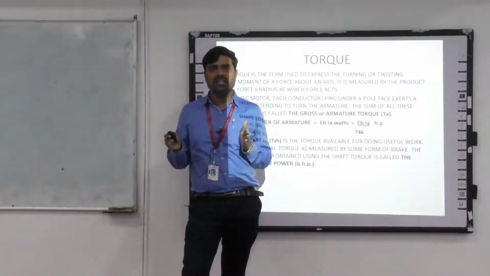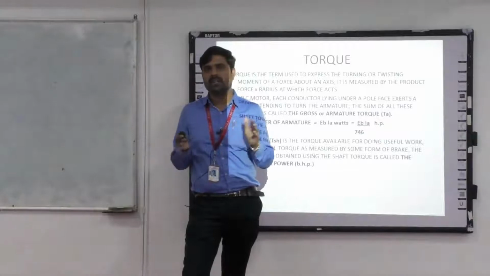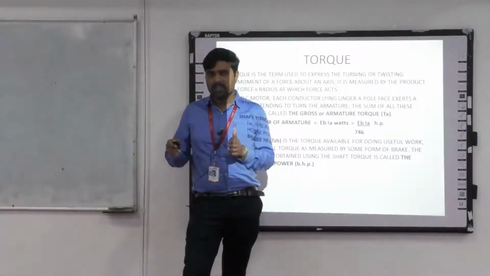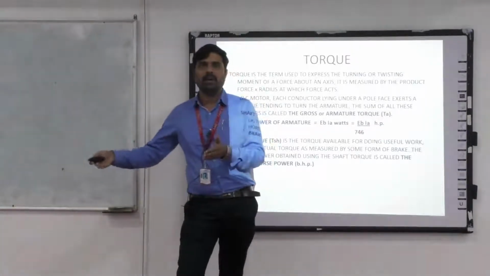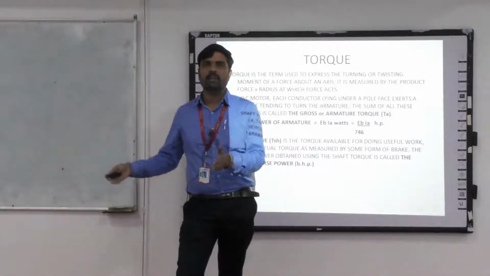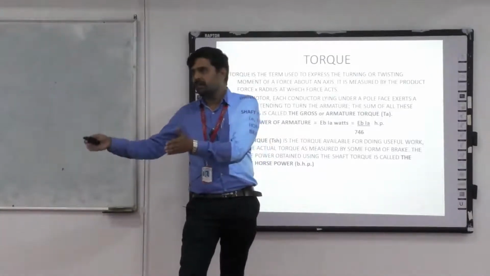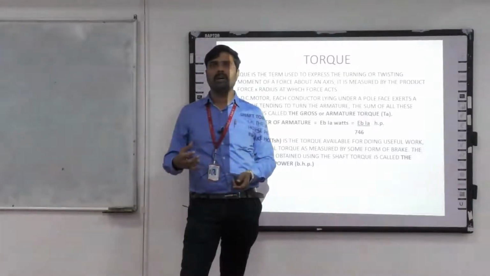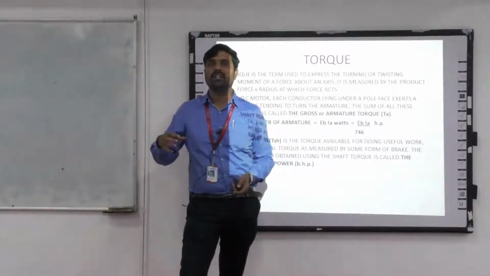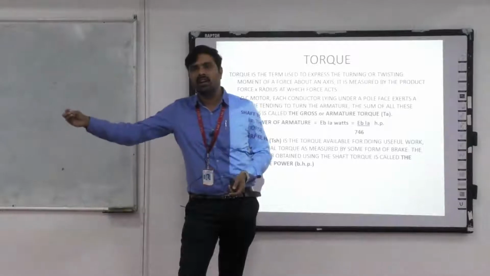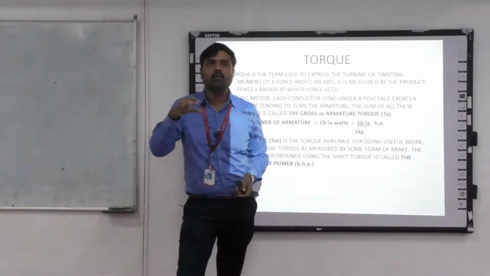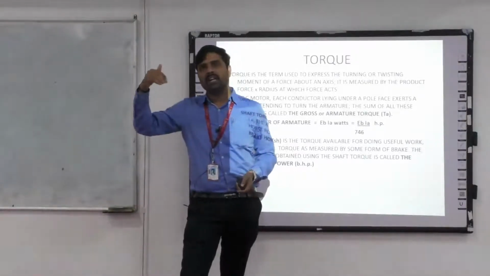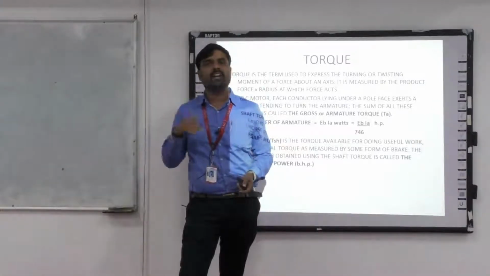Here, torque is of two types: load torque and armature torque. Load torque is the load we are applying. People sitting in a bus are treated as a load, so that is the load torque. If I want to pull 50 people sitting in a bus, I need to create an armature torque that is greater than the load torque. Then only can I move forward. If the load torque is greater than the armature torque, we cannot move forward.